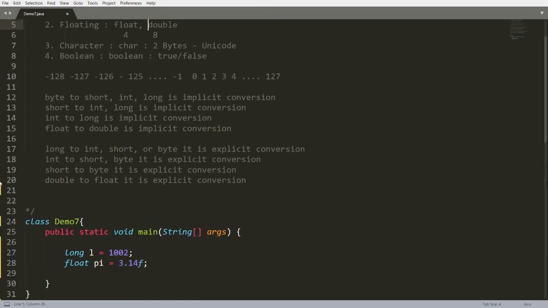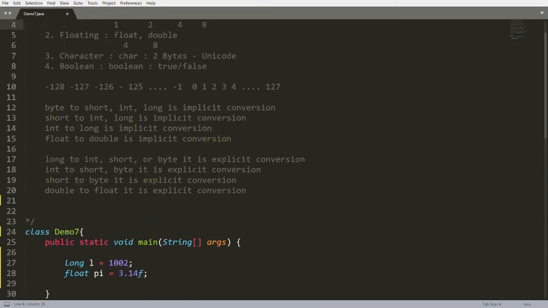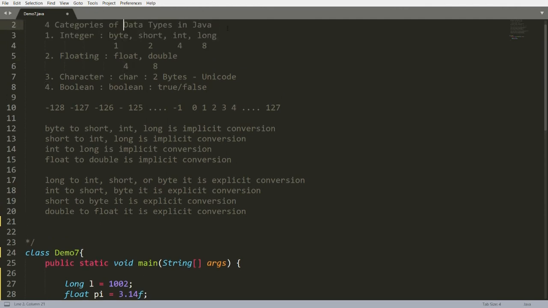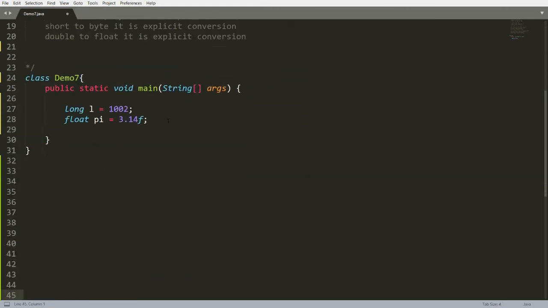As you all know, float has 4 bytes and long has 8 bytes, right? So 4 can easily store into 8, but still I cannot store, that is l is equal to pi. Why?